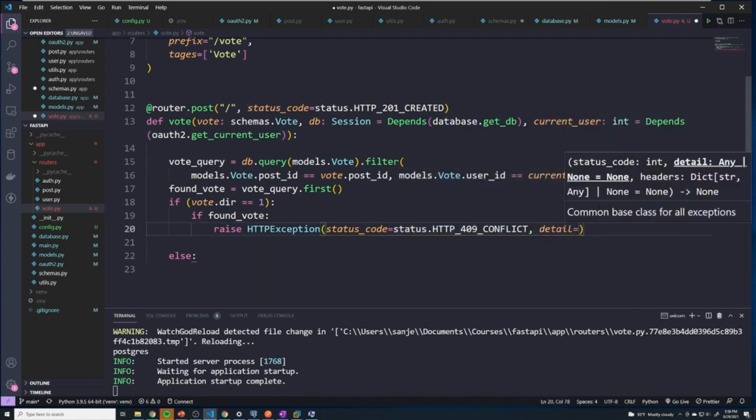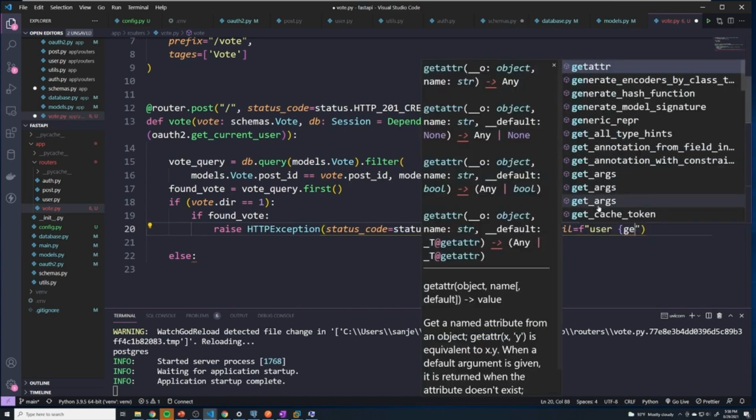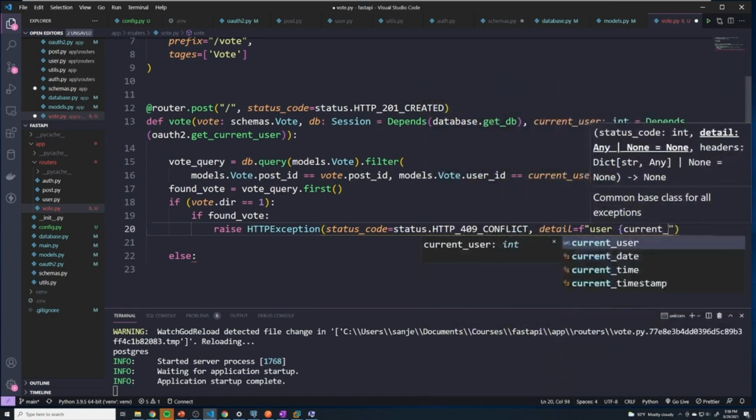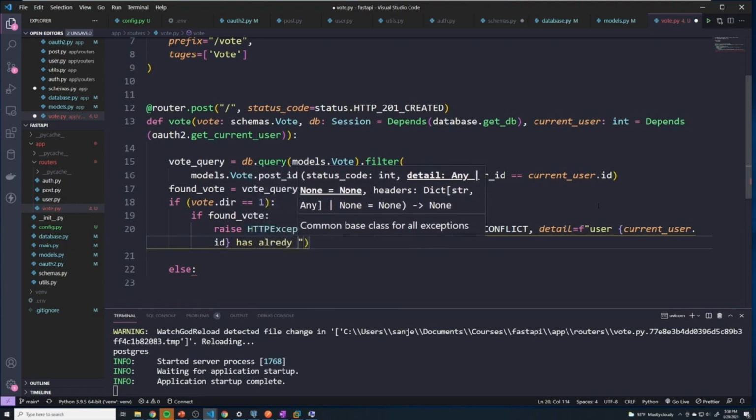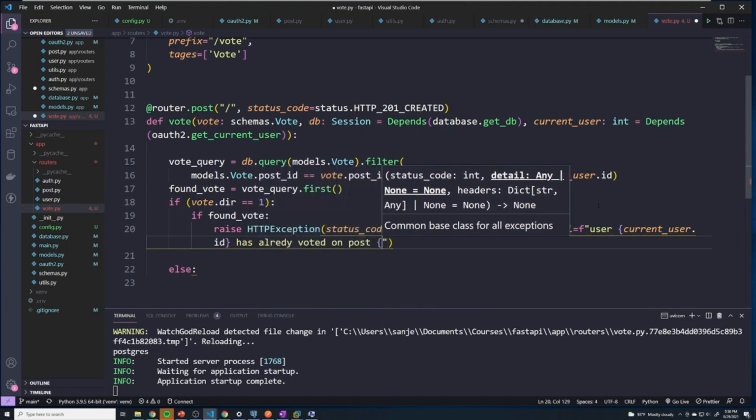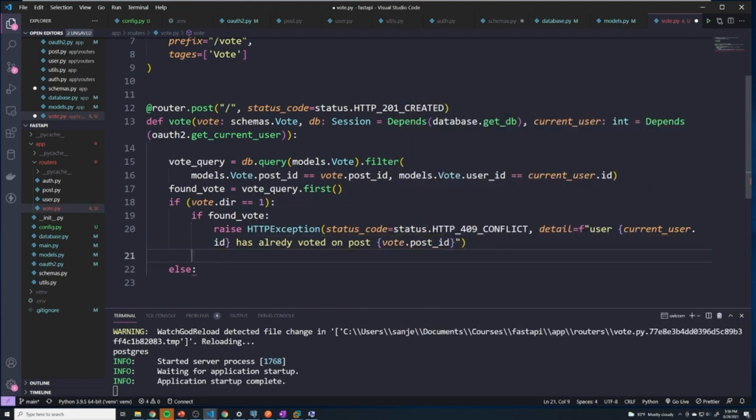And then for detail, we're going to just pass an f-string and say user, and then we pass in the user, which is current_user.id, has already voted on post with an ID of vote.post_id. All right, but if we didn't find a vote, then what we're going to do is we're going to